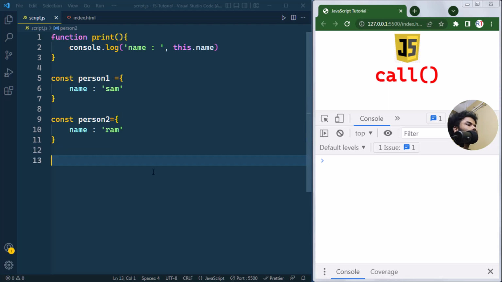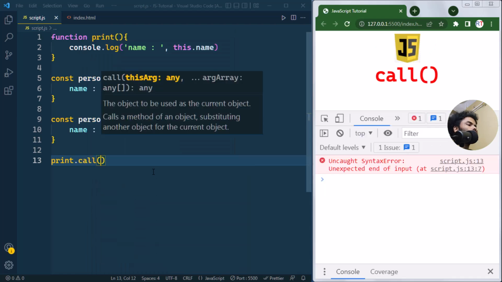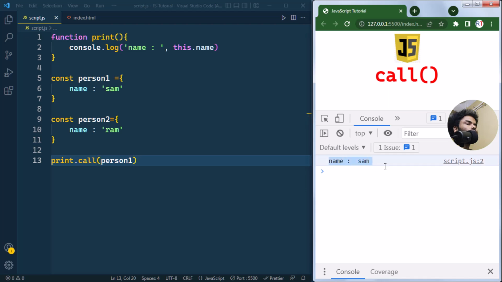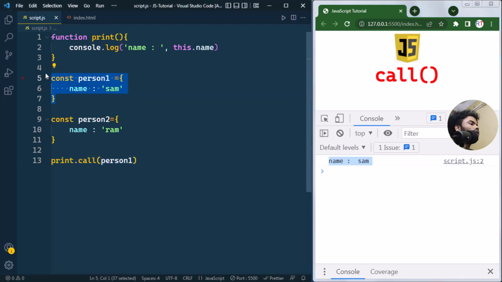this is possible. For this we have to write print.call, and the call method takes an object as an argument. Here we can pass person1 and you can see we have this output. Now the object person1 is using the print function. Now this.name refers to the name of person1. Similarly we can pass person2 inside the call method, and now person2 is using that function. Now this.name refers to the name of person2, and also inside the call method we can